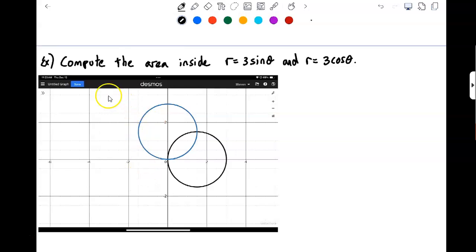Okay, so let's take a look at this example here where we're trying to compute the area that's inside these two circles. In other words, where the two circles overlap. So we're looking specifically at this area right here, this little slice, this little sliver of the graph. That's what we want to compute the area of. However,